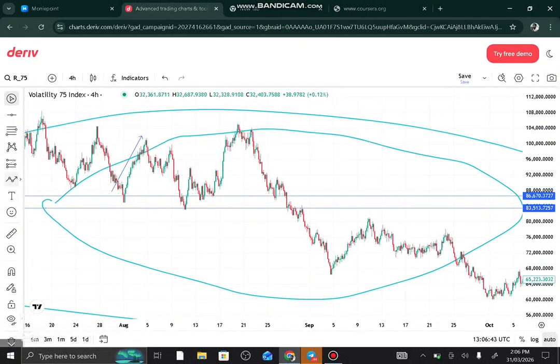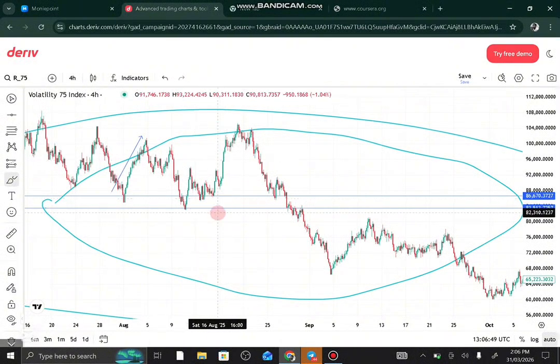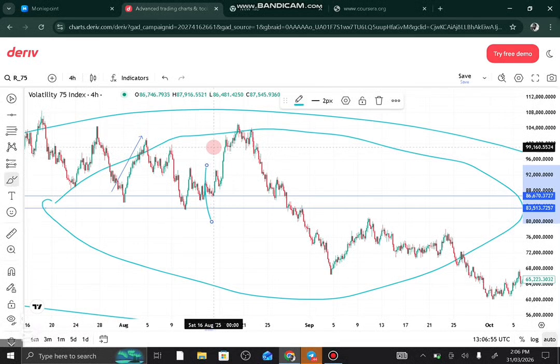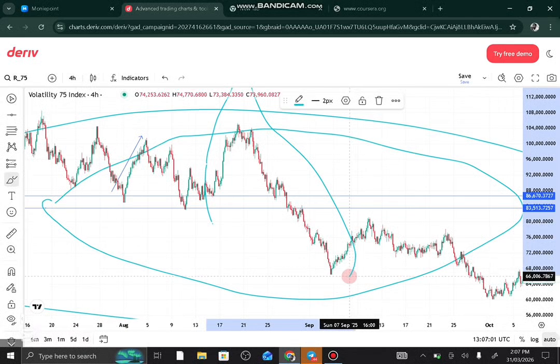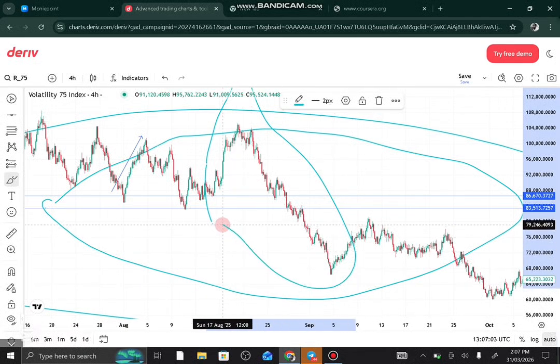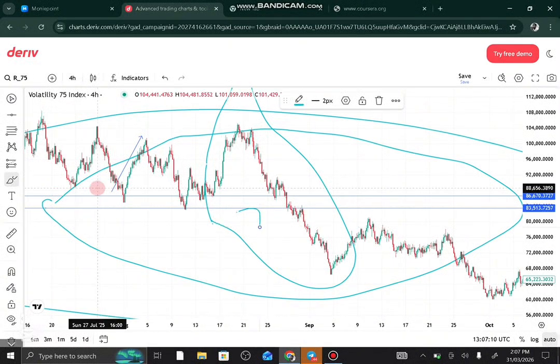So let me draw this and mark it so that we will not be distorted. So from this level, all right, then we are moving